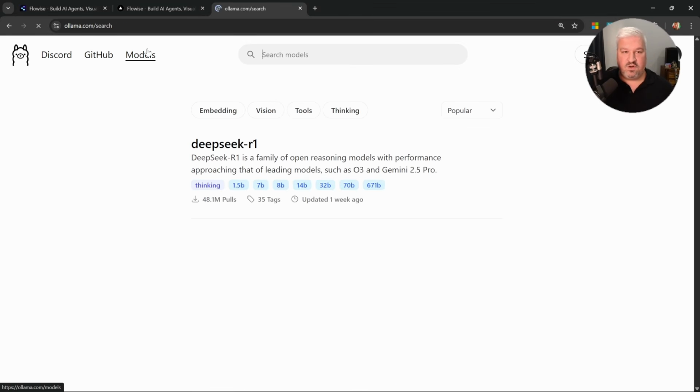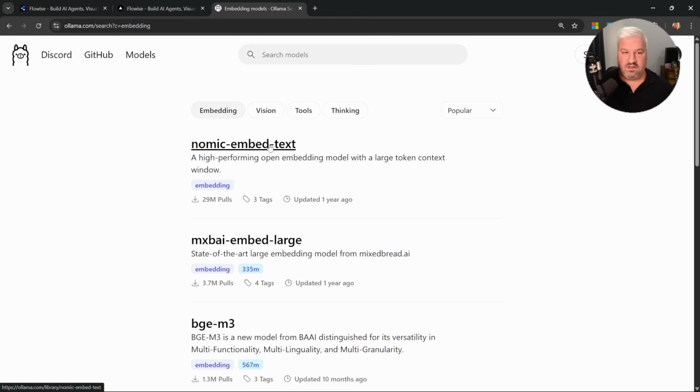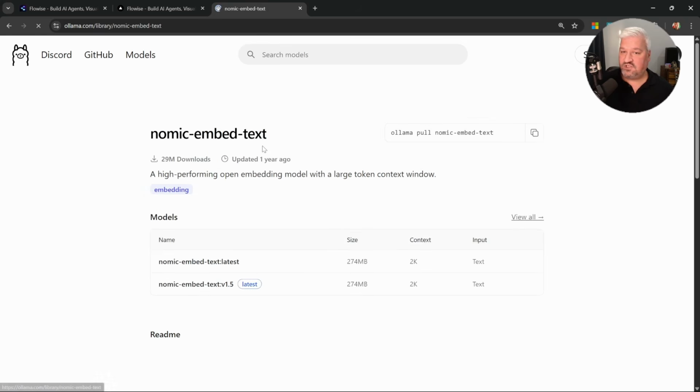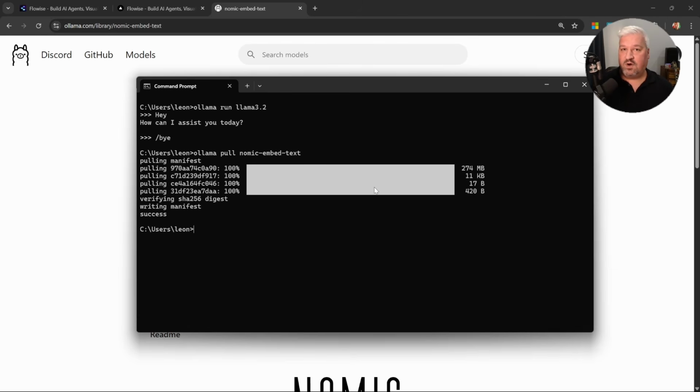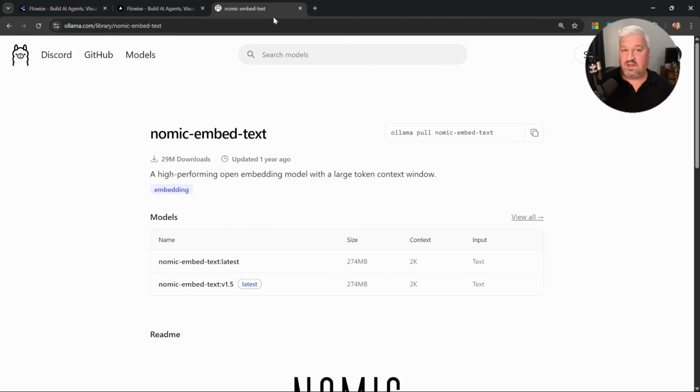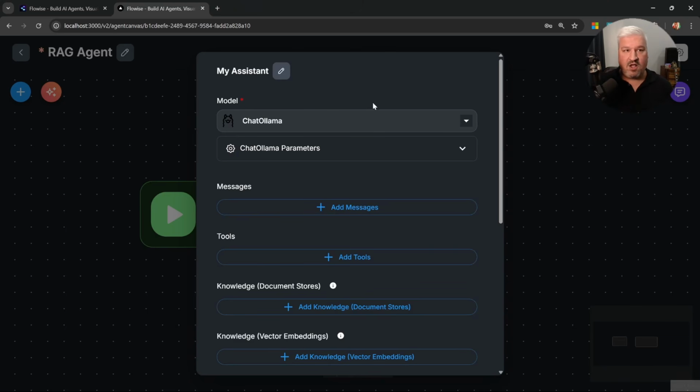So let's go to Models, let's click on Embeddings, then let's click on Nomic Embed Text. Let's copy this command and let's run it in the terminal as well. We'll use this embedding model to vectorize our documents in our vector database. It's a bit technical, but we need this in order to retrieve similar documents from the database. Once we've downloaded this, we can simply close the terminal, we can close Ollama as well, and go back to